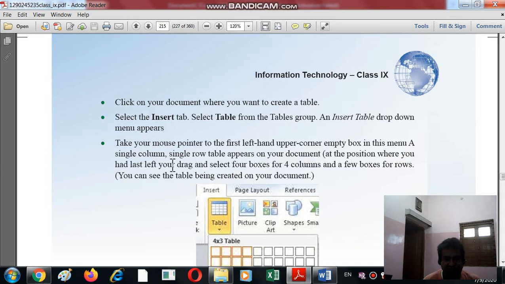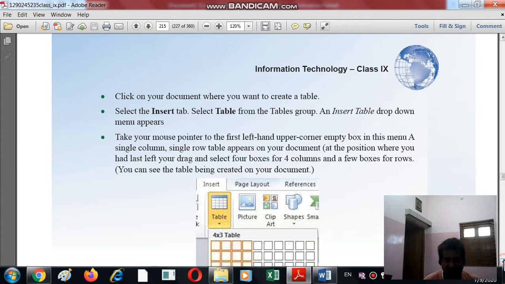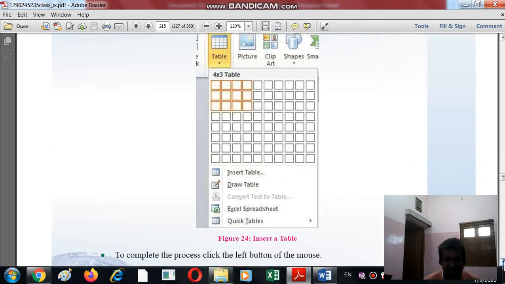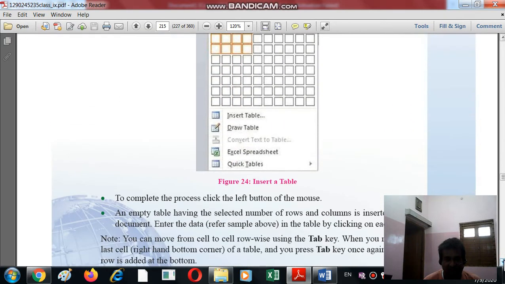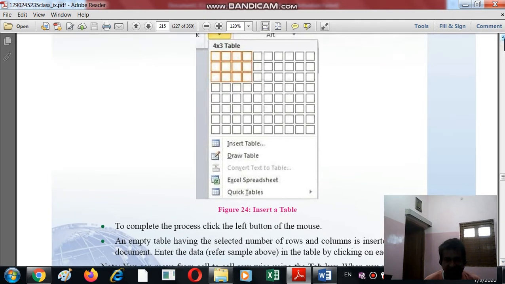At the position where you had last left, you drag and select 4 boxes for 4 columns and 9 boxes for the rows, like this. And what would happen? The table would be inserted there. It is like this.